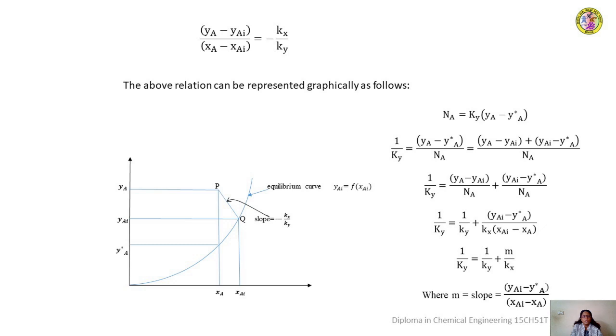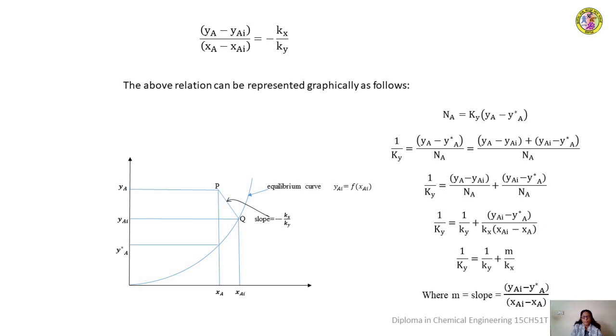So now this line has two endpoints. One point represents the XA value. Another point that lies on the equilibrium curve corresponds to the values XAI and YAI, the equilibrium values for the given interface concentrations. Now, the equilibrium concentrations XAI and YAI cannot be estimated. So, we have to write an equation in terms of the overall concentration gradient to estimate the rate